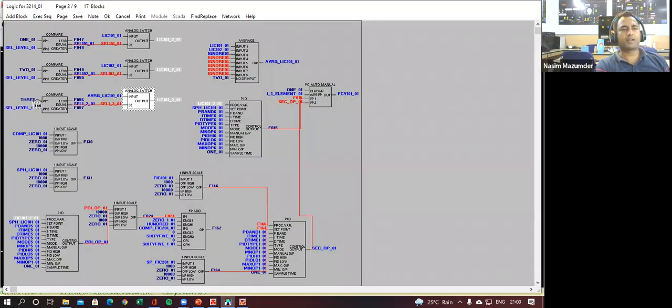Since 3 is selected, this one and this one will be inactive, and this particular analog switch will be active. OE, you can see here, is the enable signal. So if this is enabled, then which one will be coming to the output? The average level will be coming to the output. If this is active, then your right hand side level value will be coming to the output. And you will be using this particular signal for all your calculations. Here also, here also.